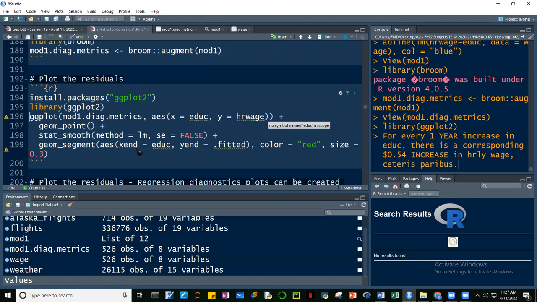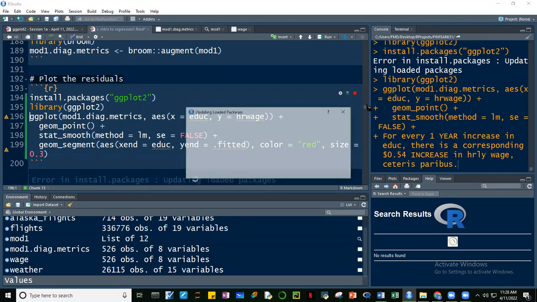And nilagyan natin dito kung saan mag-e-end yung x-axis and then saan mag-e-end yung y-axis. Okay? So we can see here a plot of